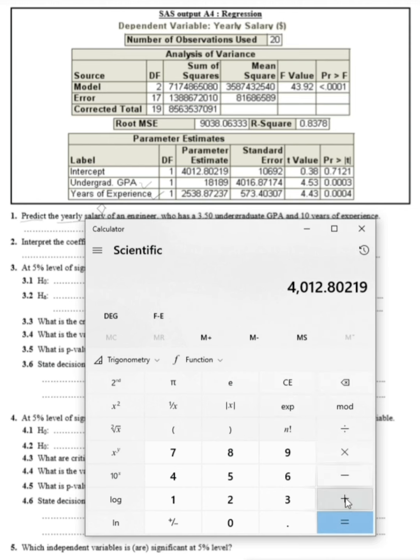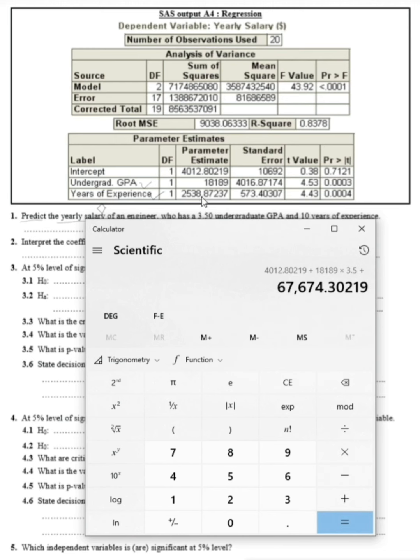This is A plus B1, 1.8189, times x1. x1 is 3.5,